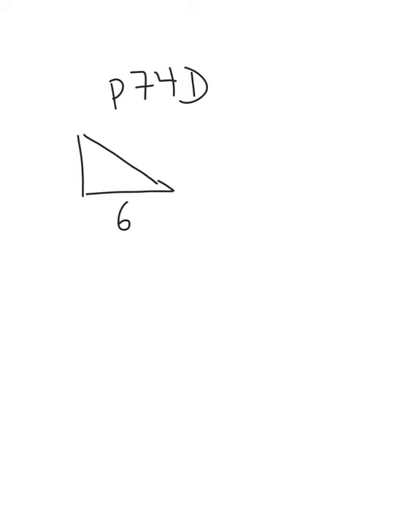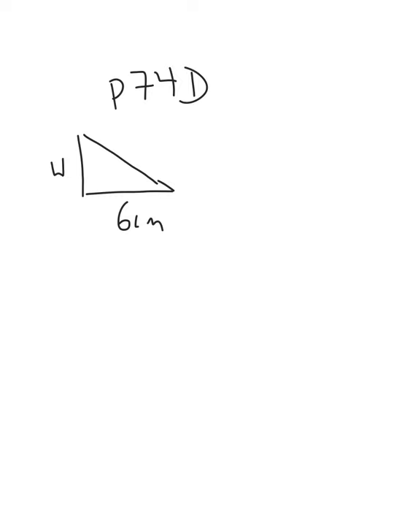Okay, so let me do some of the questions that were on page 74D of the booklet that you had. So it's asking you to work out the missing lengths. So the first question, the triangle was like this, and that's 6 centimeters, and that's W, and you're told that